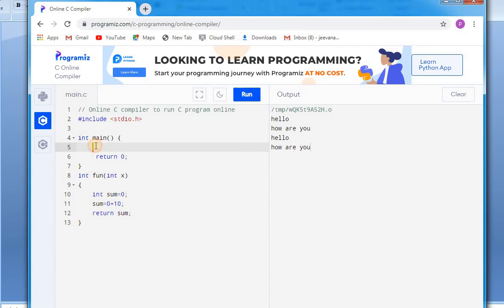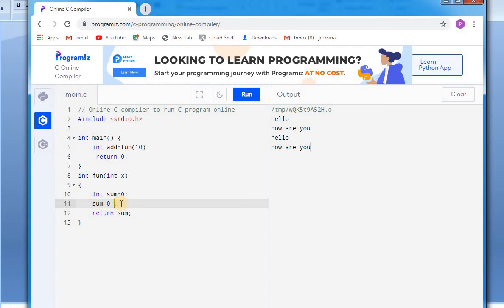So int, let us take a value add is equal to function of, now I have to pass a value that is 10.